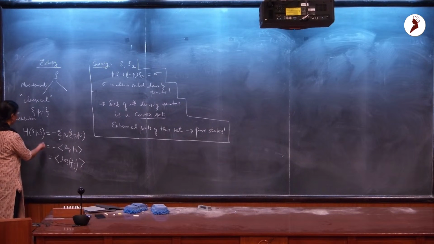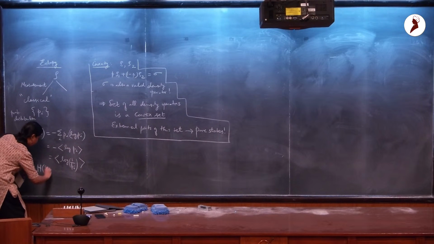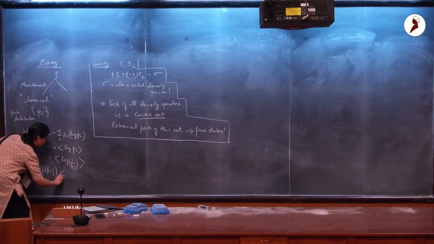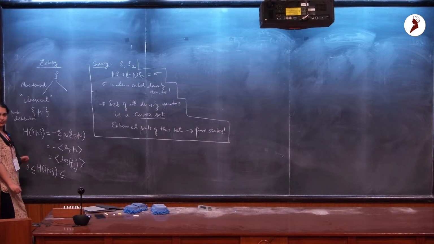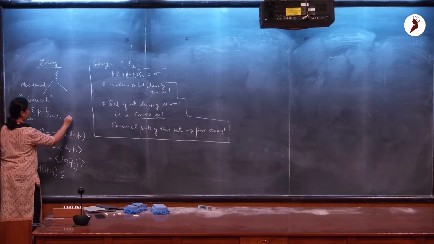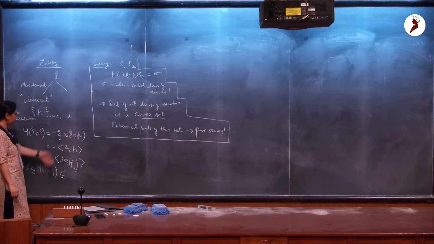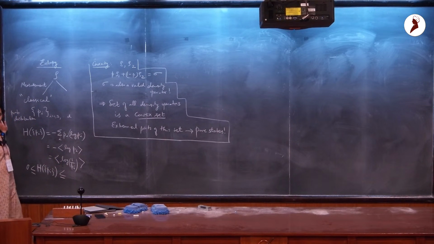So one limit of this is of course 0, and the other limit of this is, yeah, let's say i goes from 1 to D. What is the maximum value that this entropy can take? The uniform distribution. What are these probabilities in the case of the uniform distribution? 1 by D if I have D possible outcomes. So this is log D.